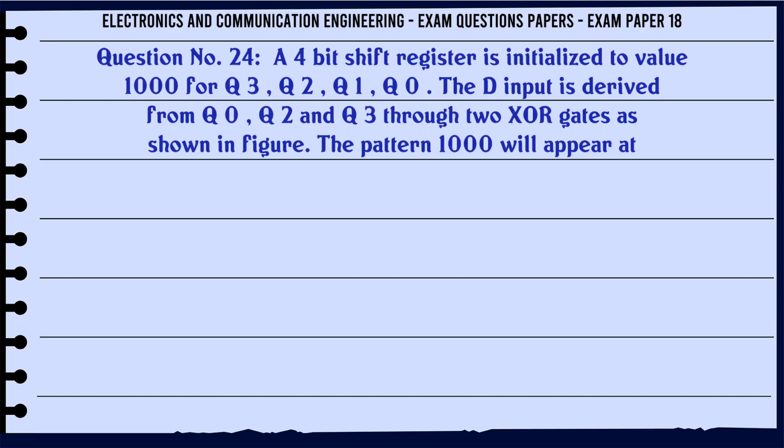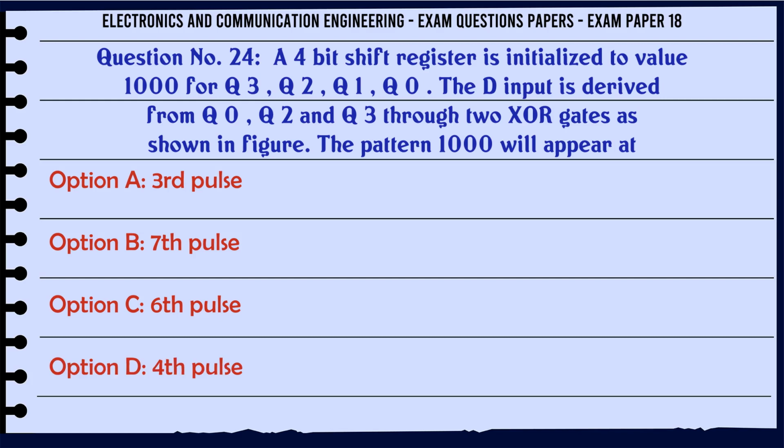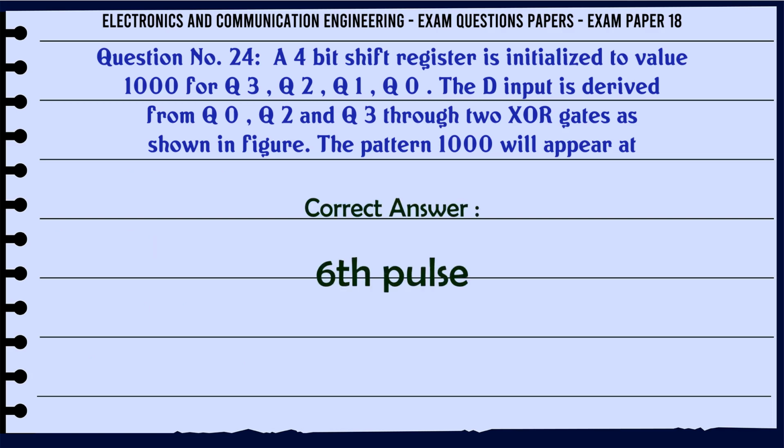A 4-bit shift register is initialized to value 1000 for Q3 Q2 Q1 Q0. The D input is derived from Q0, Q2 and Q3 through 2 XOR gates as shown in figure. The pattern 1000 will appear at A. 3rd pulse, B. 7th pulse, C. 6th pulse, D. 4th pulse. The correct answer is